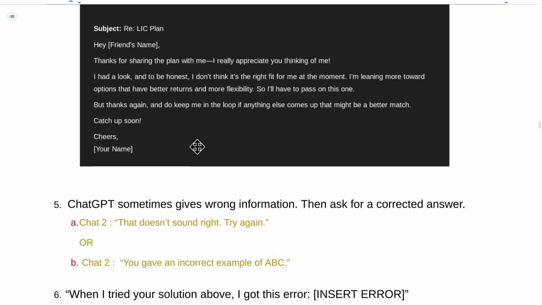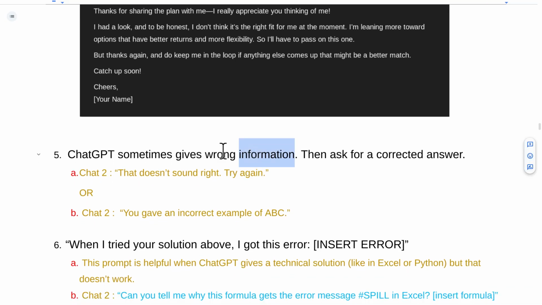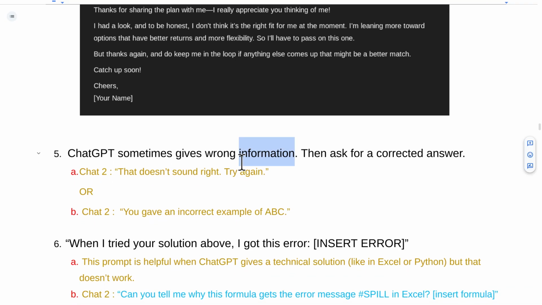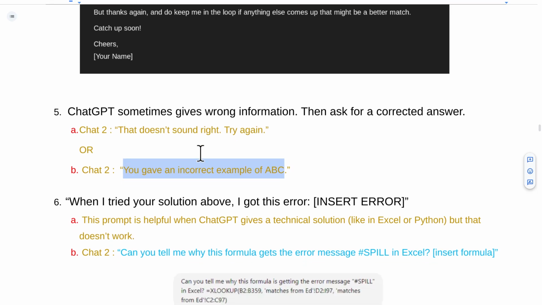The next one is, at times ChatGPT gives you wrong information. If you are sure it's wrong information, you can throw this prompt, and it will give you a different response that will be mostly a correct response. So you can do one of these ways, depending upon what you are trying. The next one,